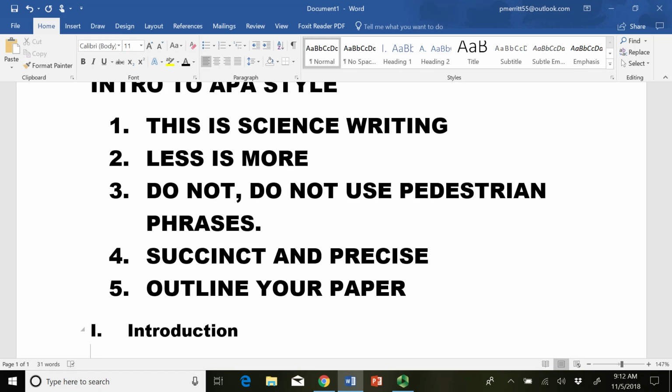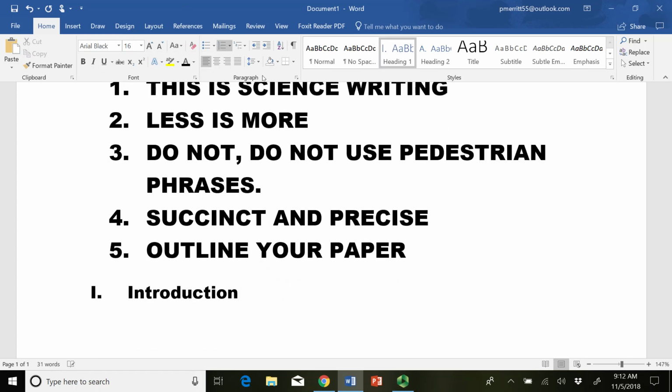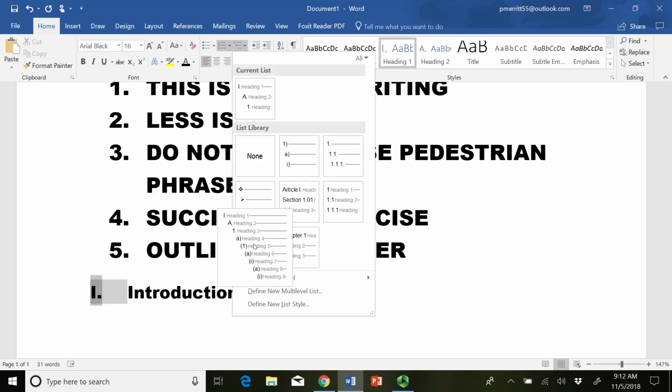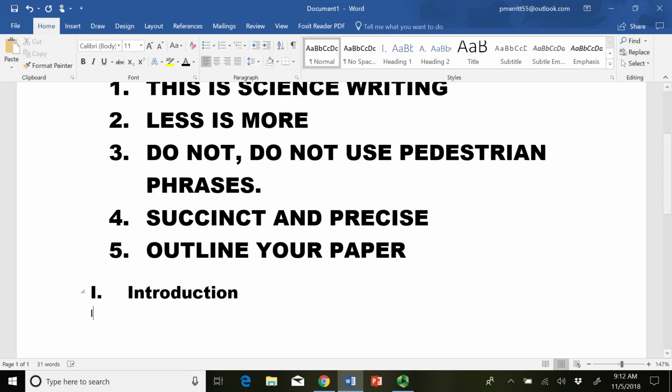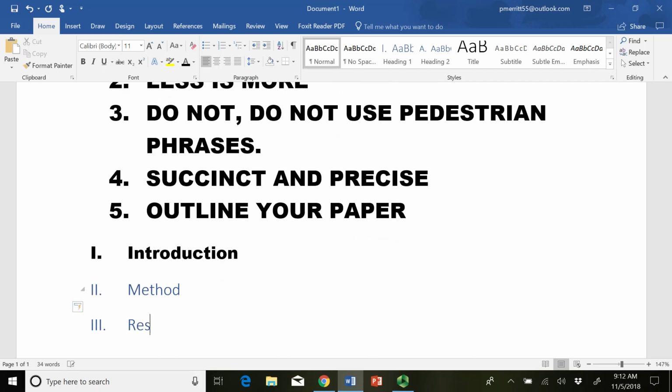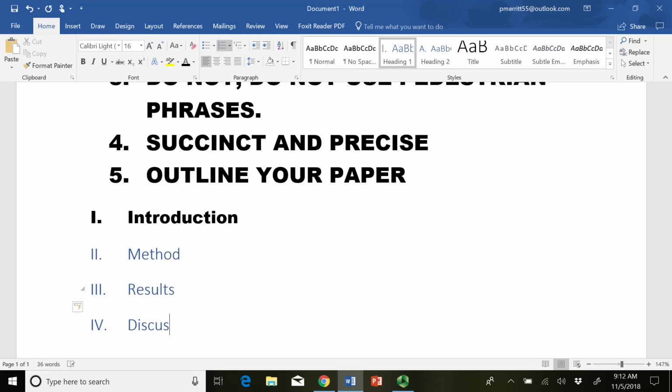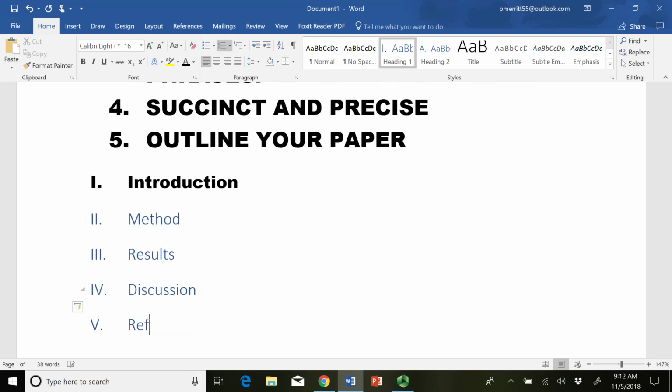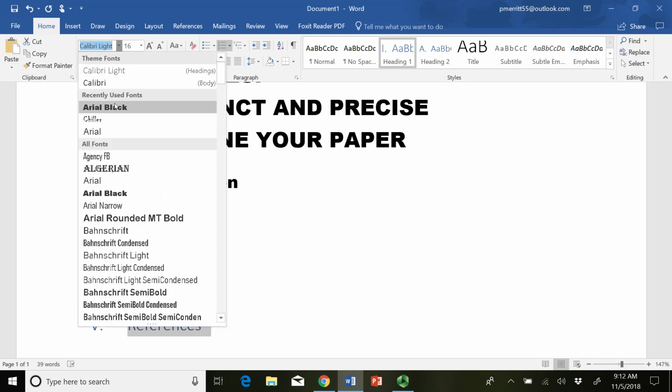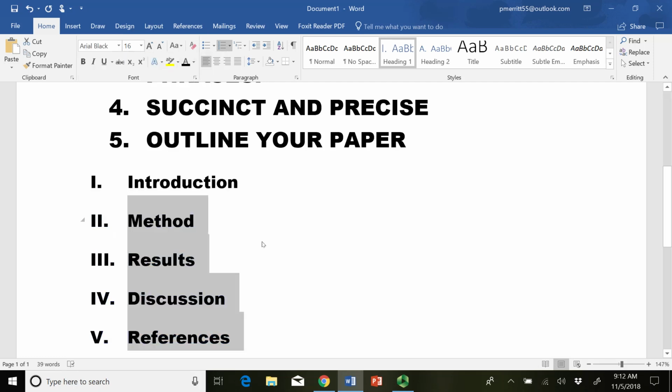So you'll start with an introduction to our outline. Oh, I do so love Microsoft Word. So you start with an introduction. Method. Results. Discussion. References. We'll fix the font in a minute. So you'll have this as your starting point,